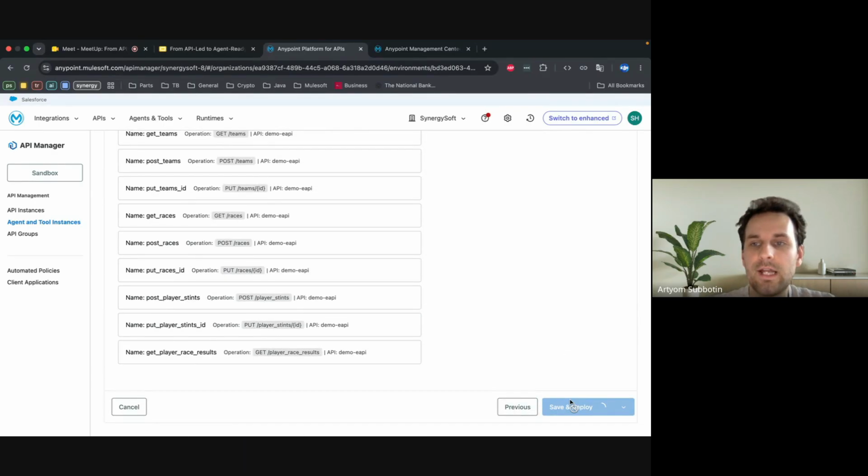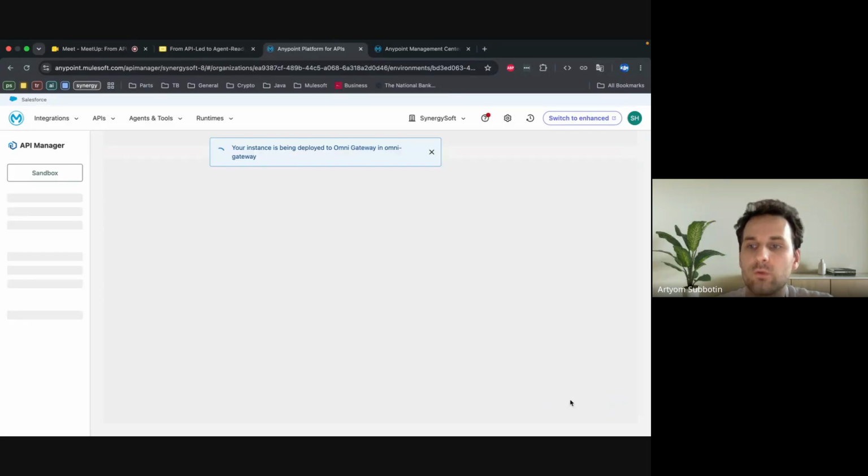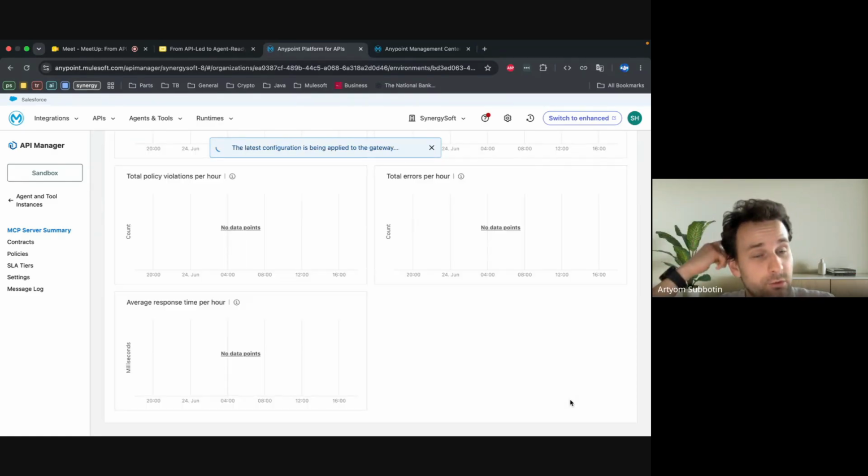So let's wait a bit. And at this point, I just wanted to pay attention to the point that MCP bridge instances are immutable. So after an MCP bridge is deployed, you cannot modify it, like you cannot add or remove these tools. If you want to change the tool configuration, you need to create the MCP bridge from scratch. Also, if an API is published to Anypoint Exchange without a RAML specification, then the MCP bridge uses auto-suggested input schemas. So it's not really a good approach.